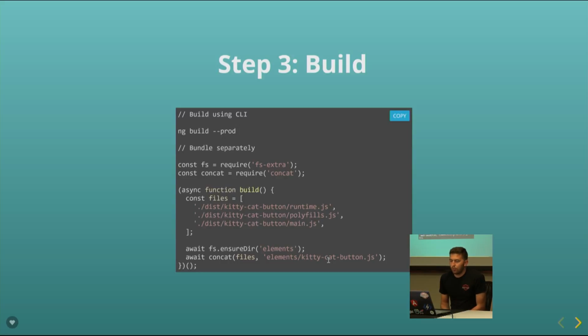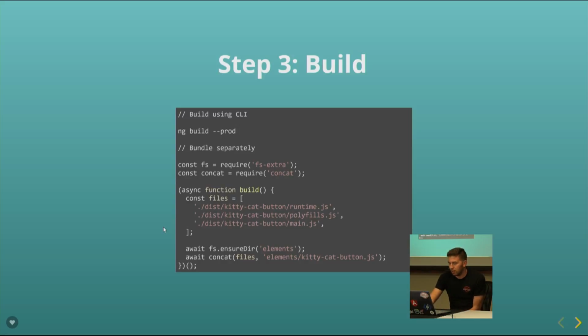And then one thing that's a little bit tricky is actually bundling this, right? When we build our application, it's going to create 3 or 4 files that represent our web component, but that's sort of messy to import into a React application or a Vue application. So we want to concatenate all of that down to just one file that we have to include. Here, this is just a node build script where we're concatenating all of those files, the runtime, the polyfills, and the main file, down to one file. That way we can just inject that one file into our HTML file,